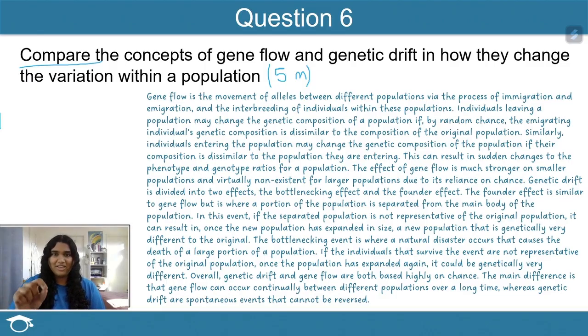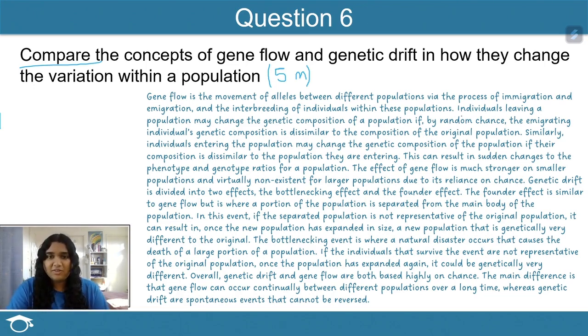Basically, gene flow is purely the movement of alleles between different populations through immigration and emigration. So if you've got two populations that are close to each other in location, the flow of alleles between the two of them through breeding happens because one of those organisms is moving to the other location and sharing alleles. If a new allele that's brought into a population via gene flow is beneficial, then it will start to increase that allele's frequency and become more expressed.